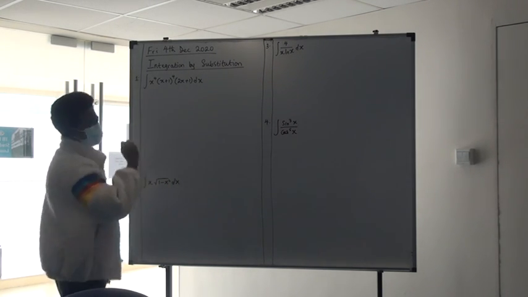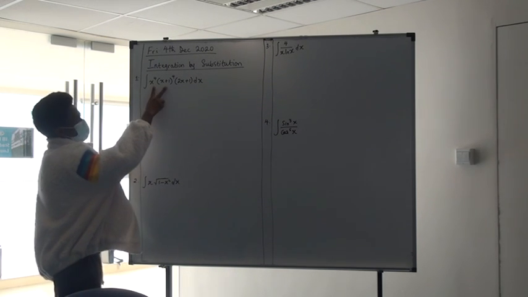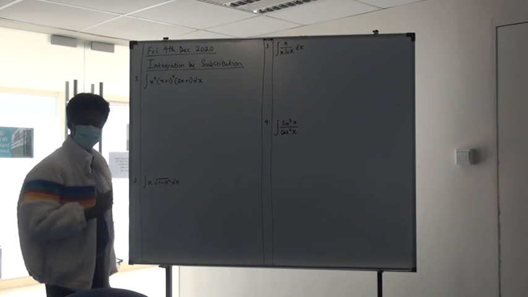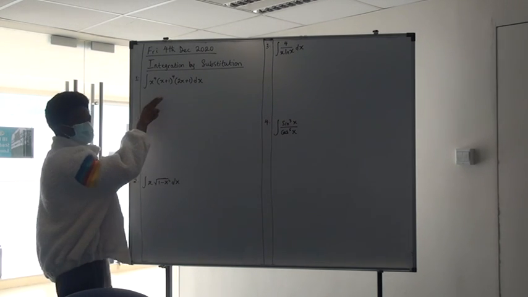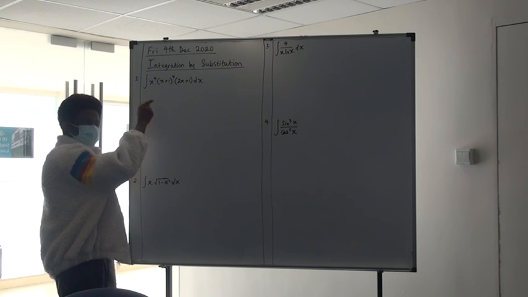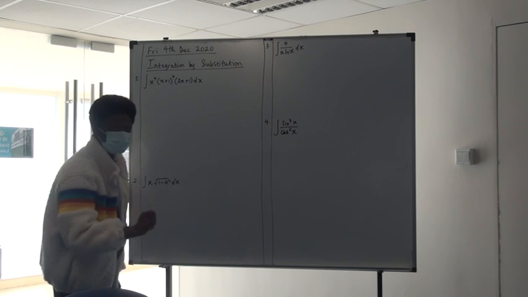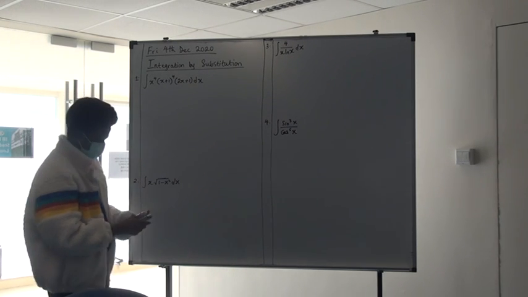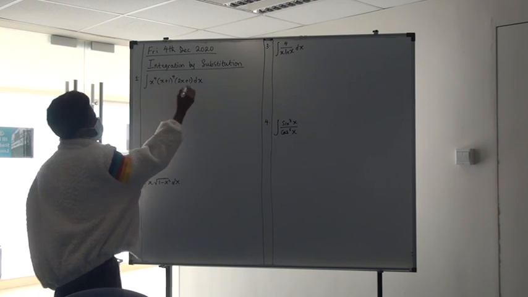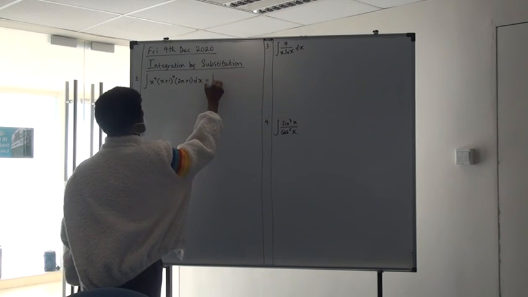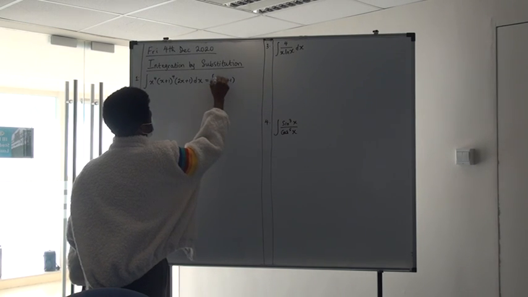But this looks like a product of three functions. Not really, it's just in disguise because these are power 4, so they can be merged as one. And once you do that, you realize, oh, the derivative of the function under the power is actually here. So that function under the power could be u. So my point is, the first thing you will write is to say this is integral x plus 1, everything